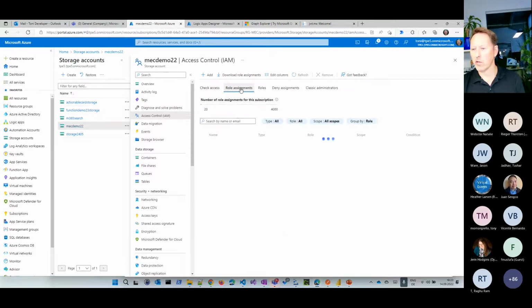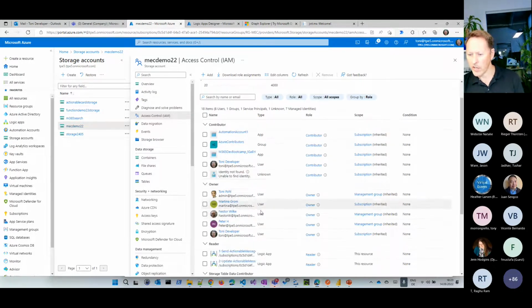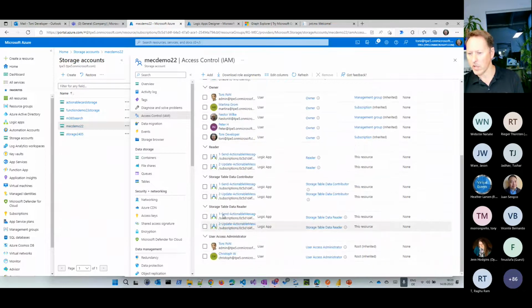So if I go to the role assignment of that object here, we should see that we have this application here in 3 permissions. We have it. We need it only for 2 permissions, which is the reader here, one send actionable message, and we need to have that permission storage table data contributor to be able to read and write data to that storage. So it always depends on the resource itself, how I define the permissions.